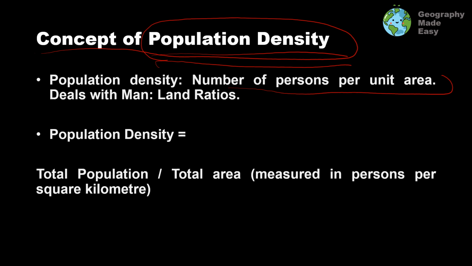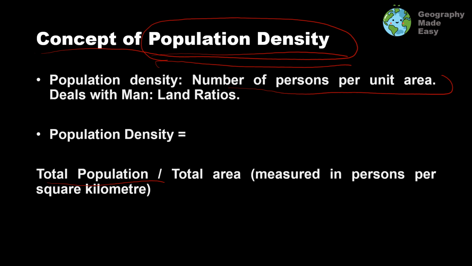So whereas in population distribution we were dealing with whole numbers, total numbers, population density gives us a more holistic and more realistic picture of the actual population situation in the world. Population density is measured by the total population, for a state, a district, or any administrative unit, divided by the total area of that particular